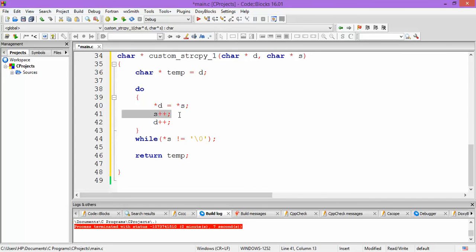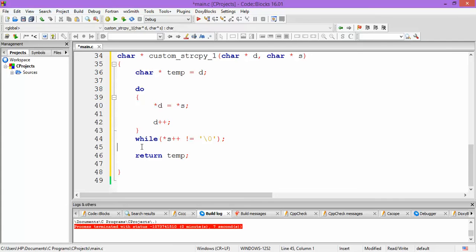And a little bit more manipulation of this code is that the s should be incremented after the check is done. So we have used a post increment here, and wherever s is pointing to, that value is compared with null character, then we are incrementing the pointer s.